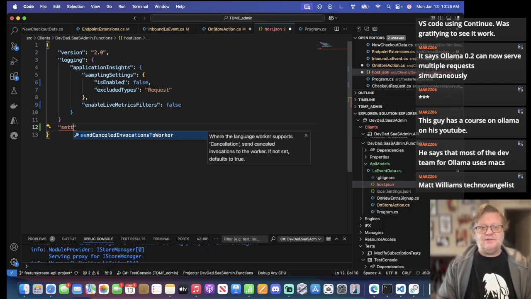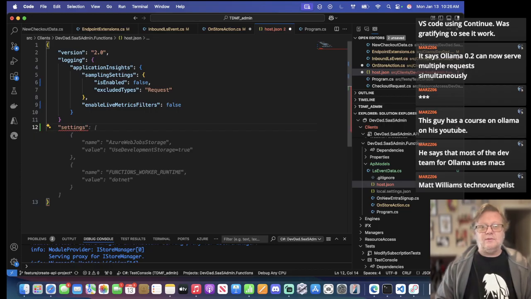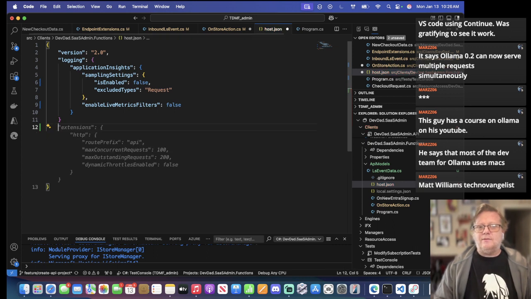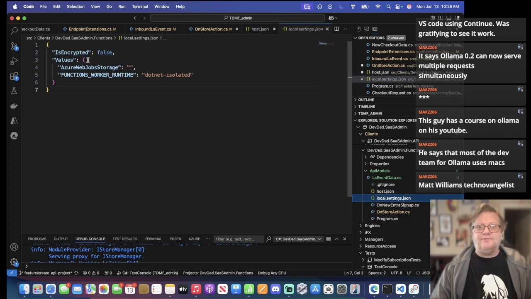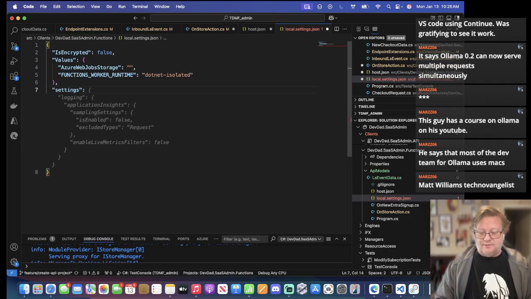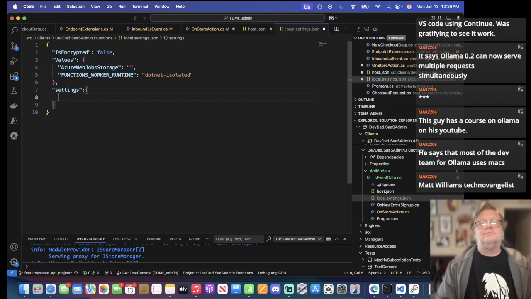And let's see, settings. Local settings, functions worker runtime, .NET isolated, comma, settings, admin API base URL,